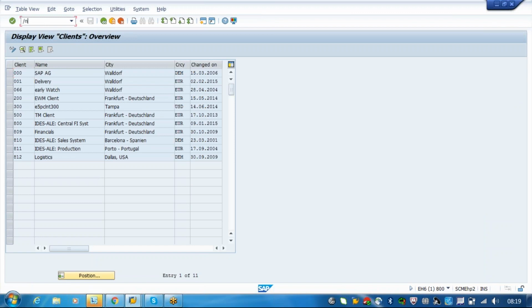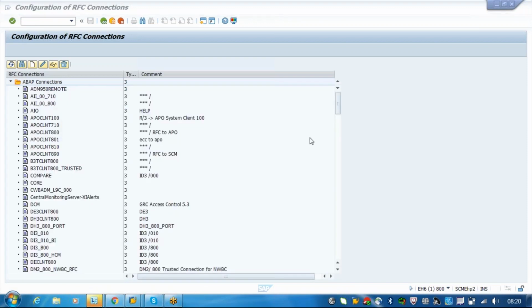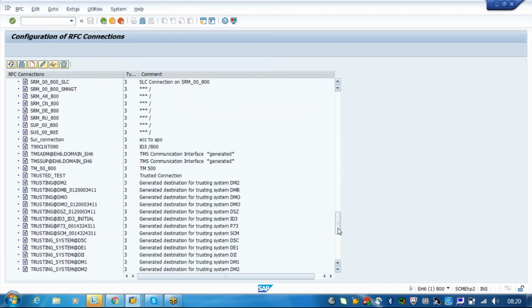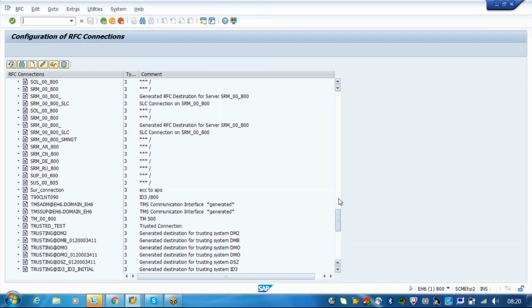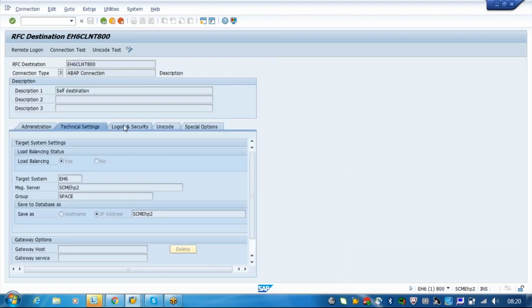Then RFC connections you have to do from SM59. Okay. So this is your RFC destination.